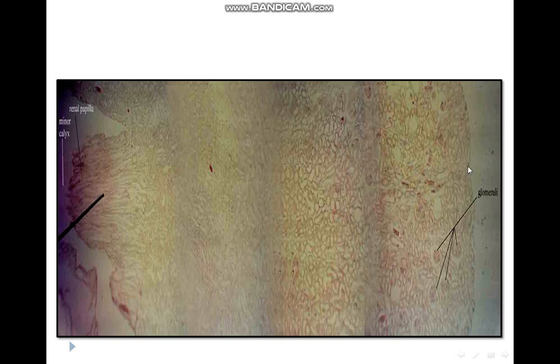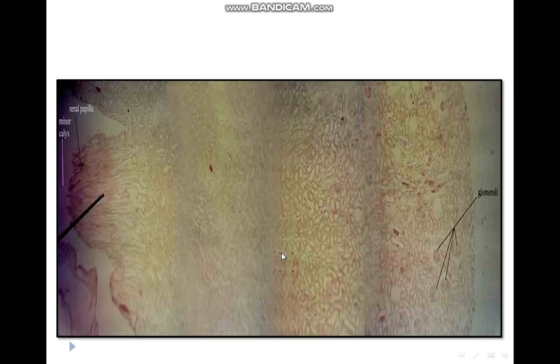So we have the outer surface. The previous section was stained by H&E stain. This is stained by a PAS stain. The PAS stain identifies the outer membranes of the tubular and the glomerular structures. So we have the outer surface and the cortex, due to the presence of round structures of the glomeruli, and here